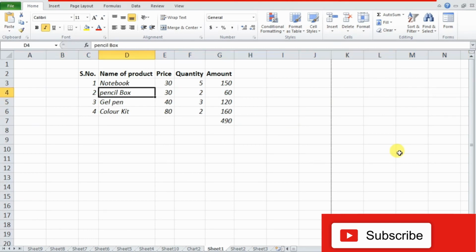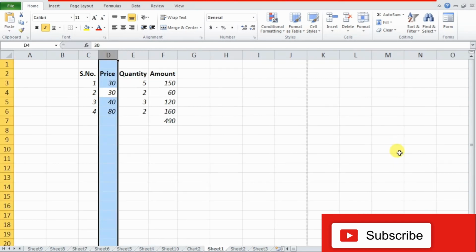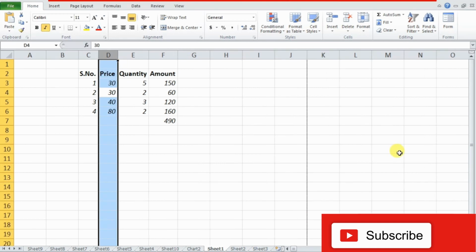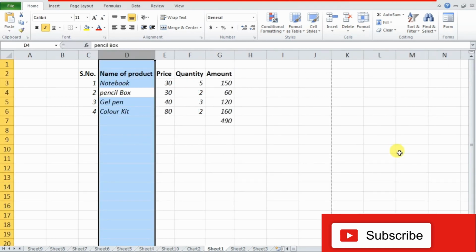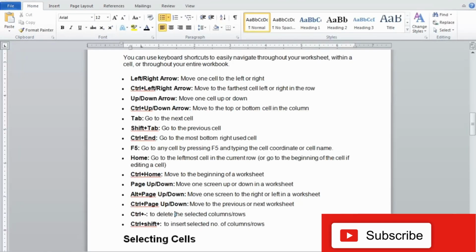And the same with control plus space. Now the column is selected, and control minus, it is gone, control shift plus to insert another column, undo to get things back. So these are very easy things with the help of shortcuts.